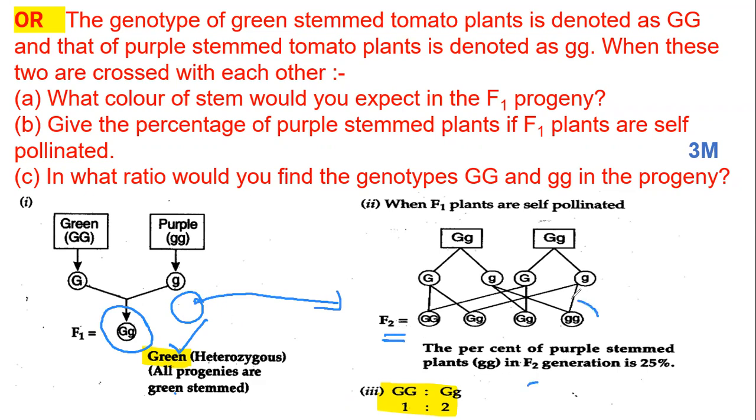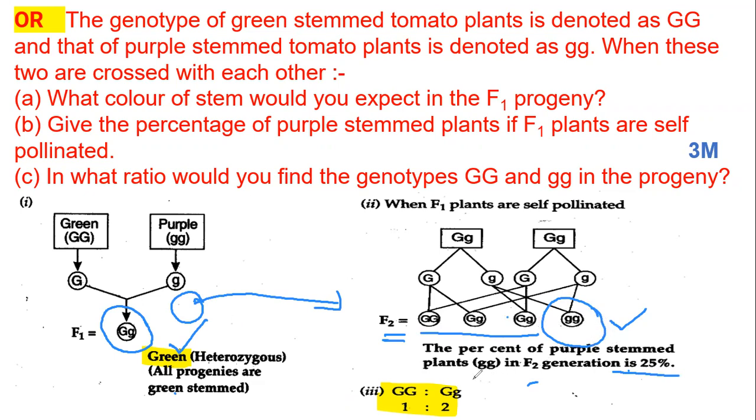That is only 25%. The remaining 75% will be the dominant characters, and only the recessive character is going to be exhibited when there is no presence of the dominant character. That's why 25% of plants are going to exhibit